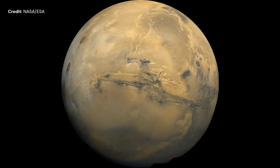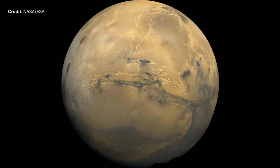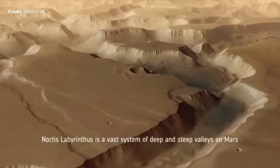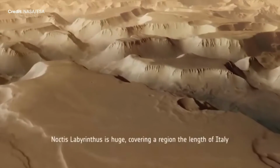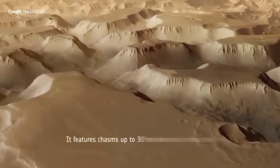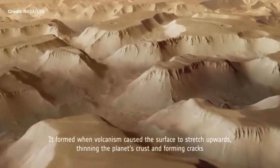Continuing in my quest to bring basic facts about our solar system to the newcomers, it is now time to speak about Mars, the 4th planet from the Sun. It was discovered in 1609 by Galileo Galilei. It is known as the Red Planet because it's covered by iron oxide dust. And Mars was named as the Roman god of war in Roman mythology because its reddish color was reminiscent of